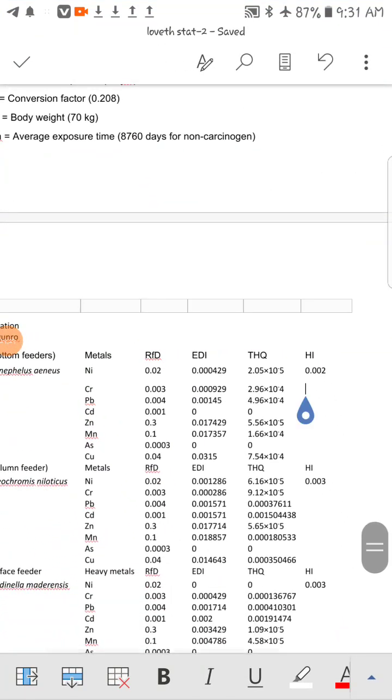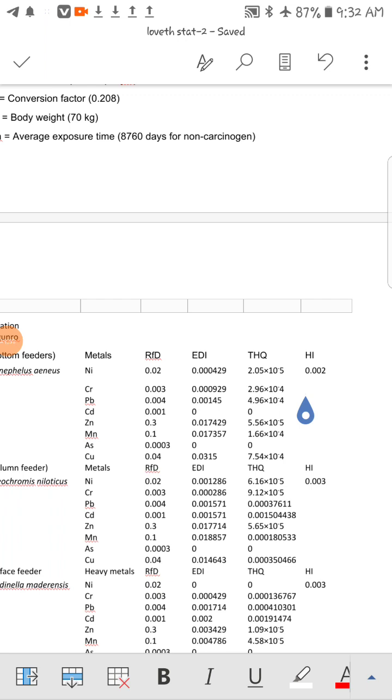And how you do that is to add 2.05 times 10 raised to the power minus 5 plus 2.96 times 10 raised to the power minus 4. If you do your math, then you get the summation of everything we give you. What we have here is 0.0